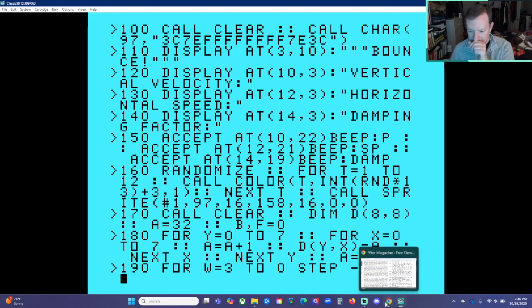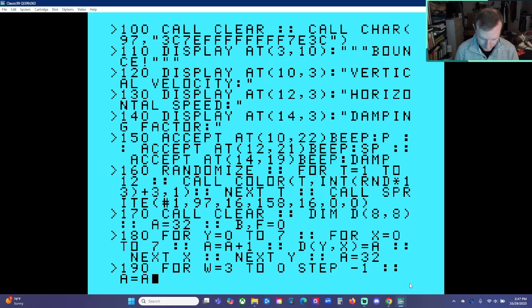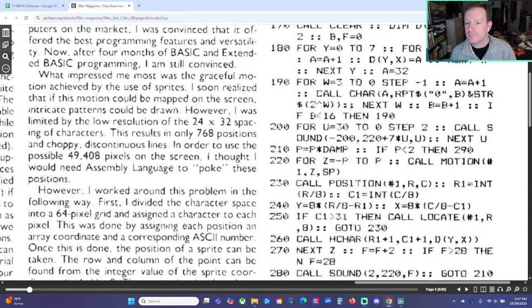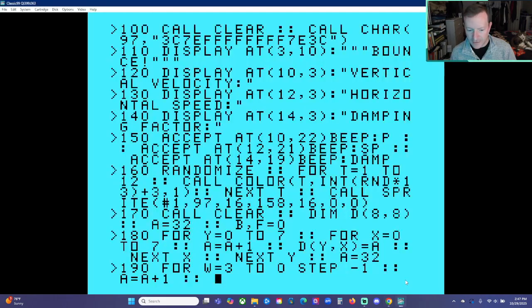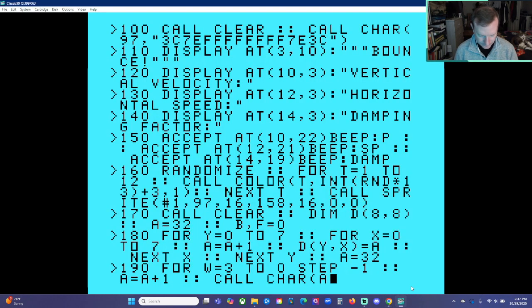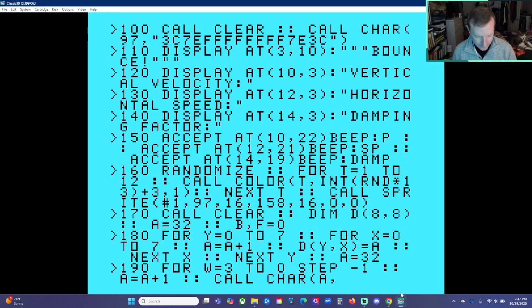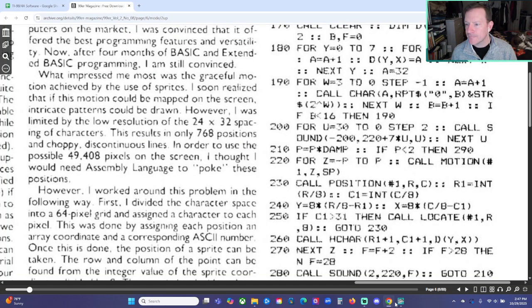Colon, colon, space, a equals a plus 1. Okay, call char, defining a character. A, comma, okay, rpt string,